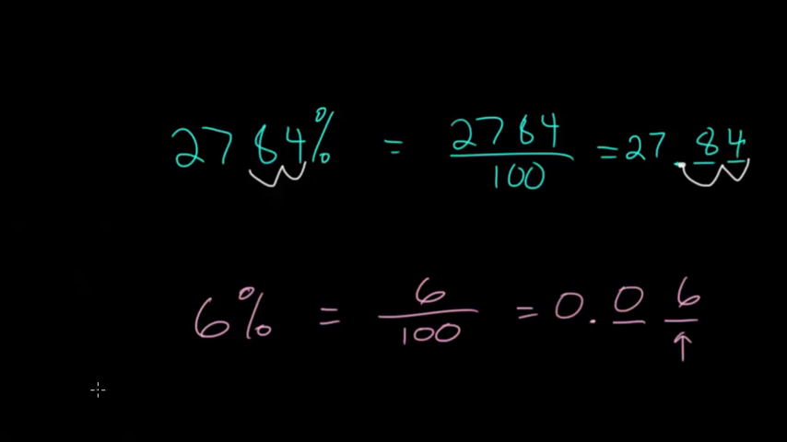But it worked the same way. You still started with 6% and then moved the decimal twice. It's just now you have to fill in a decimal. You have to fill in a 0 there. So let's just do one more problem, a little bit more challenging. Let's say we have a percent with a decimal. Let's say we have